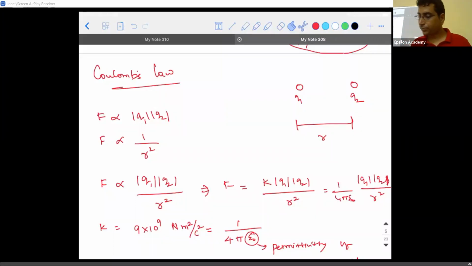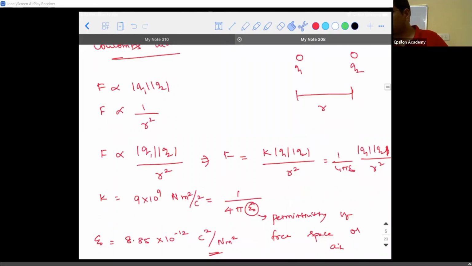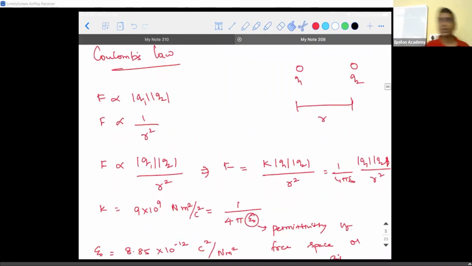Now comes the next question. We have seen the mathematical expressions. When two point charges Q1 and Q2, we have taken them to be of the same nature for the time being. They need not be of the same nature, right? So F is directly proportional to whom? The magnitude, that is the modulus of Q1 into modulus of Q2, and it is inversely proportional to the square. It follows the inverse square law.